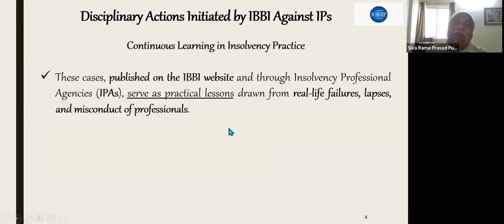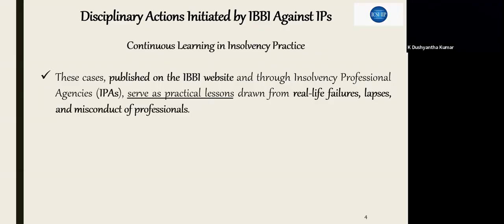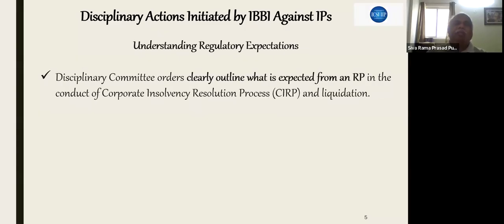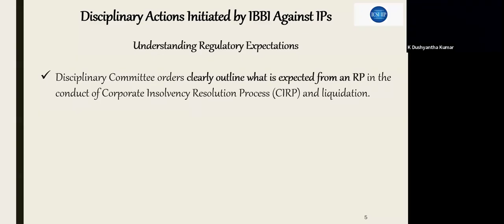That's why law and practice. Insolvency law and practice is one professional subject in the final examination of ICSI also. Sometimes the practice may differ from the law, but with intention, and then automatically it invites criticism and punishments. Disciplinary committee orders clearly outline what is expected from